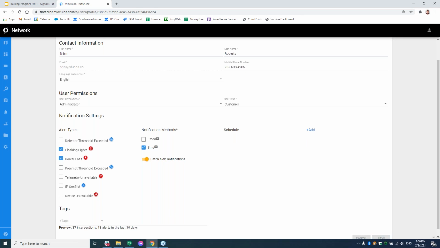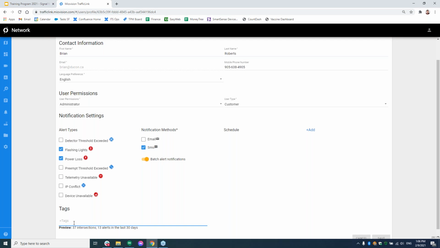But what I wanted to show down here at the bottom is tags. I'm going to unpack tags a little bit as I go, but one of the concepts on a user is this concept of tags. What you can do is create an intersection tag and a user tag. So that means you can add a specific profile to an intersection, call it an intersection ID or a district or whatever it may be, and say district 1, this person should only get alerts about district 1.